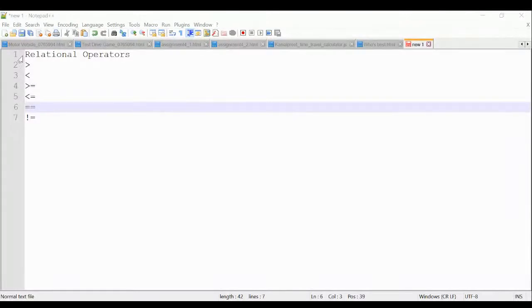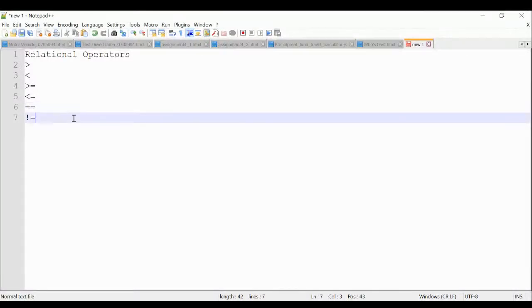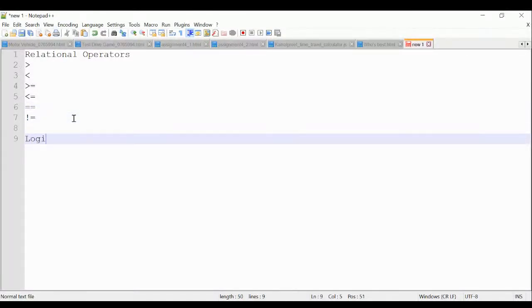So these are our relational operators. Our logical operators are,